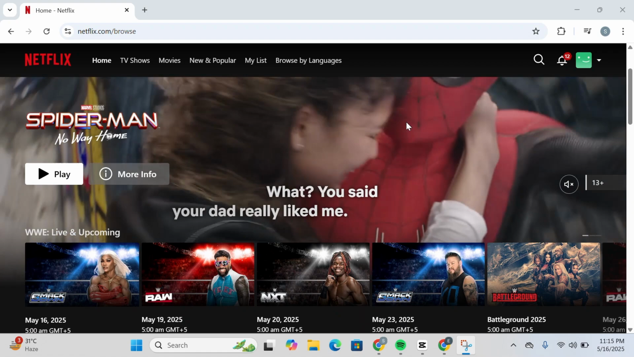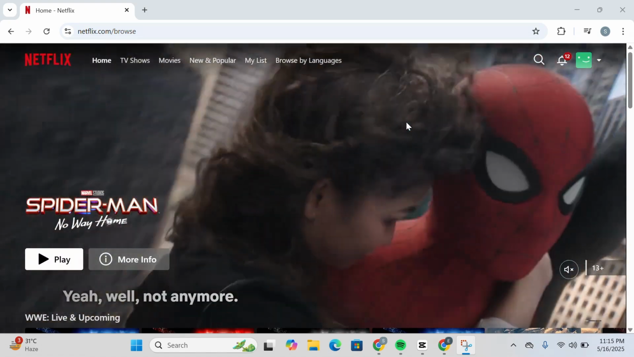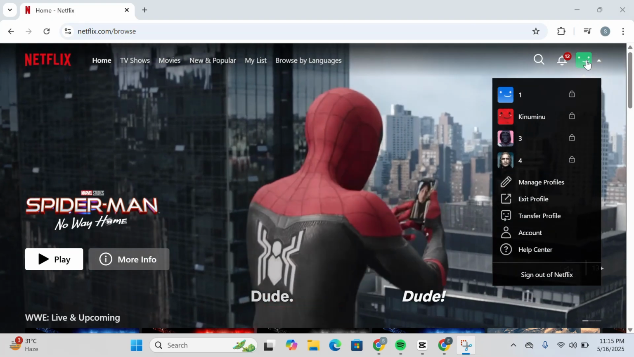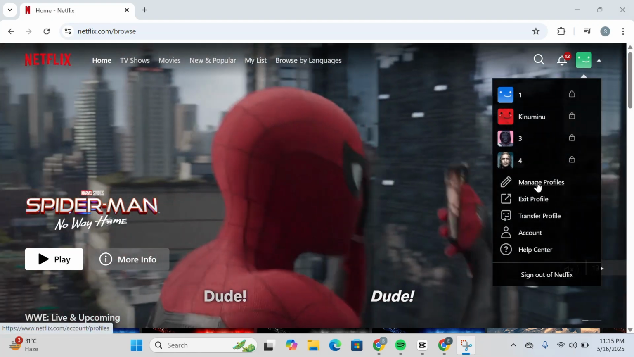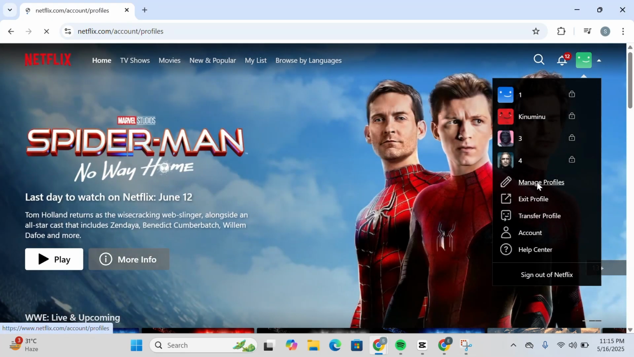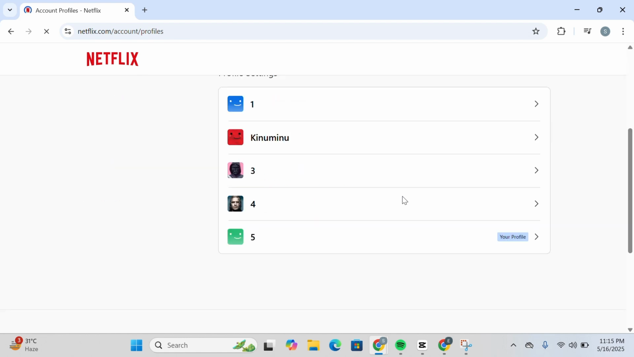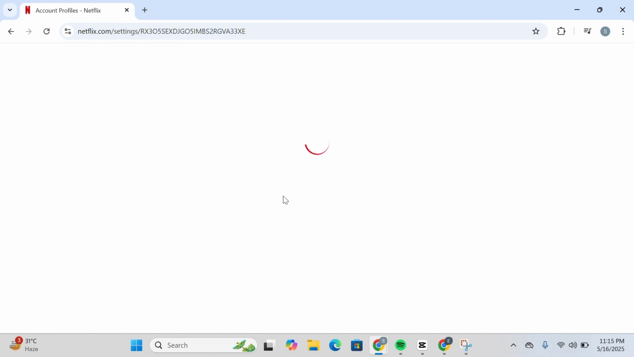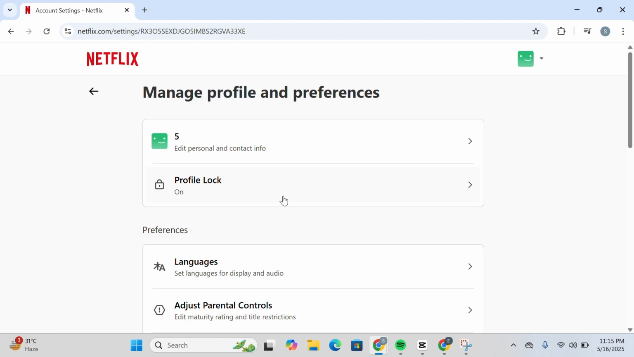So let's get started. First of all, open your Netflix application on your iOS, Android or computer, and then click on your profile, and here click on manage profiles. Once you do so, you will be redirected to the profiles page. Here you're going to scroll down and click on your screen, and then you will be redirected to your account